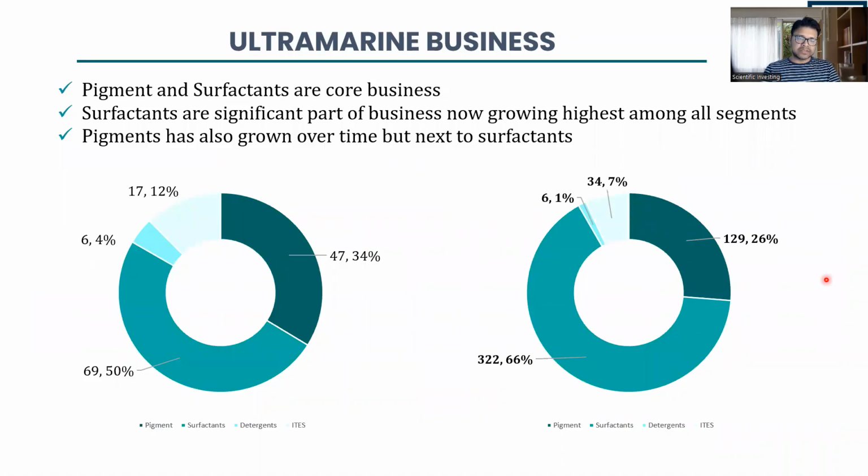Now let us try to understand how this is happening. As I said, there are four businesses: pigments, surfactants, detergents, and IT services. Now what has happened, this left side pie chart which you see was the revenue composition in 2012, and this is the revenue composition in 2020. So in 10 years, if you see what has happened,